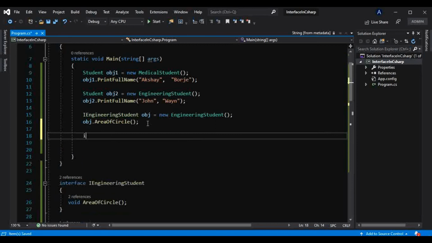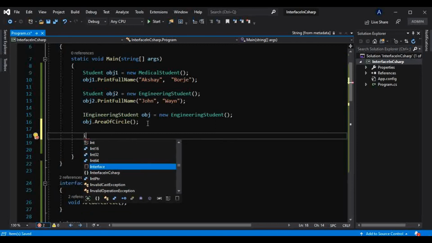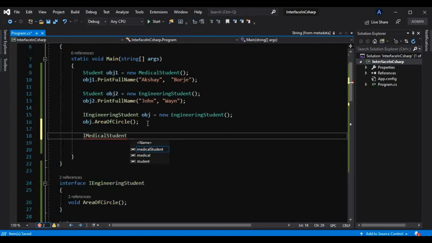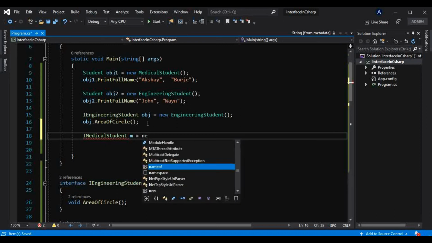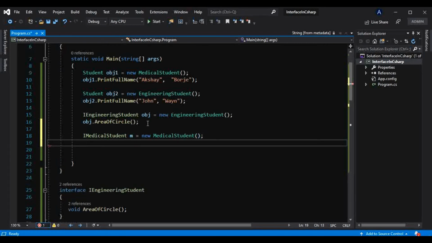Okay, we have to create another object, that is I medical student m is equals to new medical student, like this, and I can call that method from here, calculate ECG count.